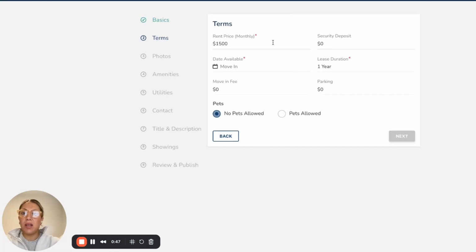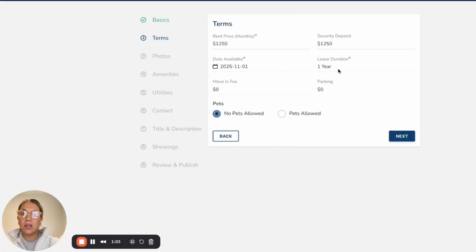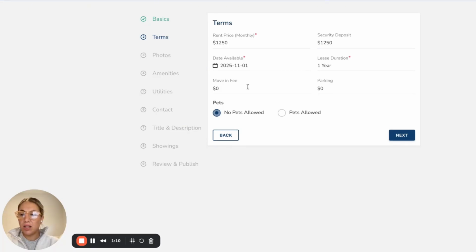Next, this will be the rent price, security deposit, move in, move out. Let's say our rental price is $12.50. Maybe we want a security deposit of the same amount. The move-in date is November 1st. We prefer a year lease, but you can reduce that if you'd want. If there's any move-in fees that you typically collect or any parking fees, this is also where you'll want to